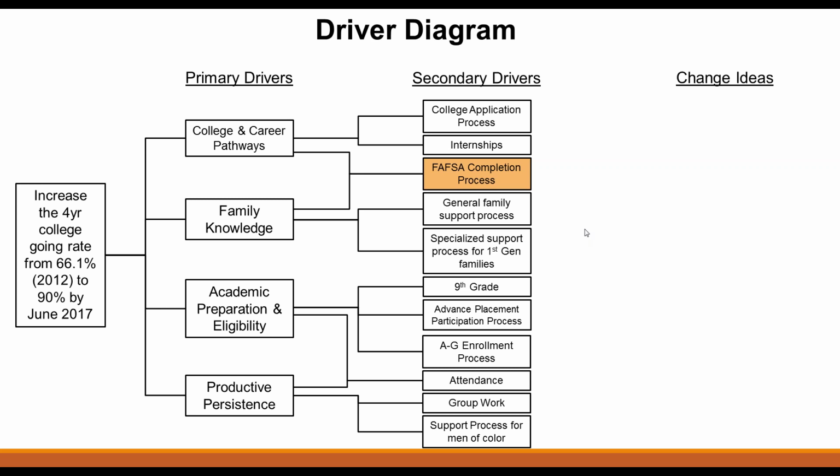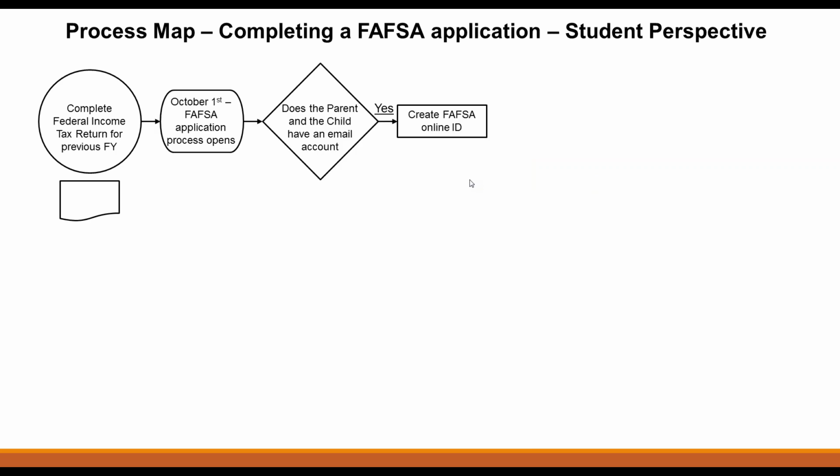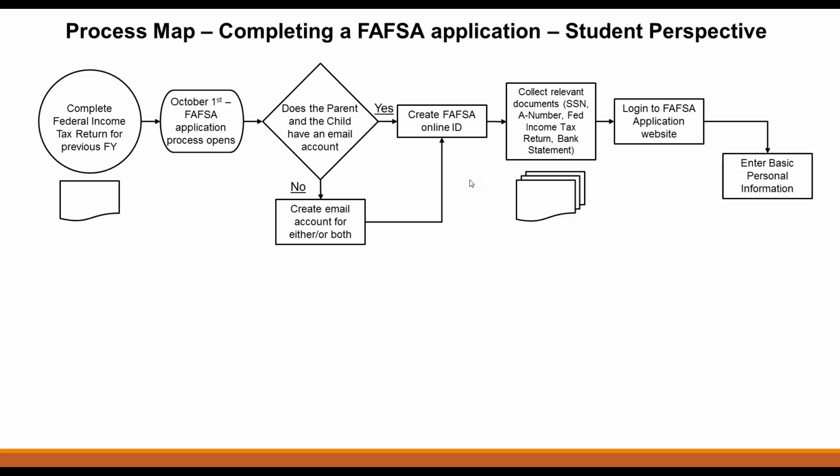And in this particular district where they decided to work on this issue, they identified it as a high leverage process for improving the college going rate. And so I want to show you just for a second what that process looks like. If we click quickly through this until the slide fills all the way up, I'm not going to go through all of the steps here, because we're not actually trying to improve the FAFSA process in Cincinnati at the moment, but keep clicking.